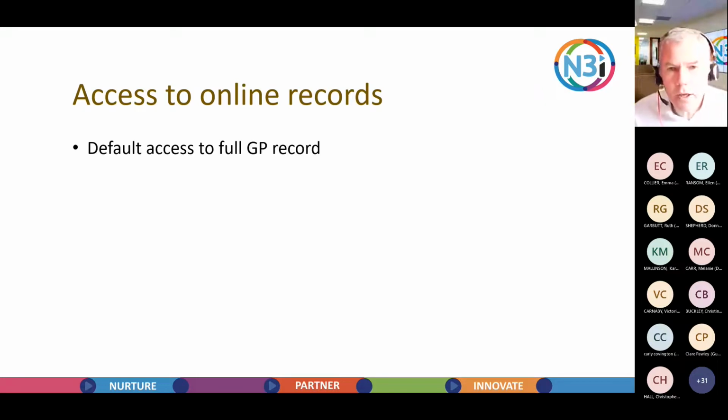So moving on, let's look at a couple of other things. What have we got here? So it's default access to the full GP record from the 1st of November. It's important that we know that what we're enabling on the 1st of November will be access through the NHS app for patients to any data that gets entered after the 1st of November. So it's prospective data that's going to be entered into the record. At the moment, you don't need to go back and look at other stuff. On the 1st of November, it will be default access to the full record of what's entered going forward.